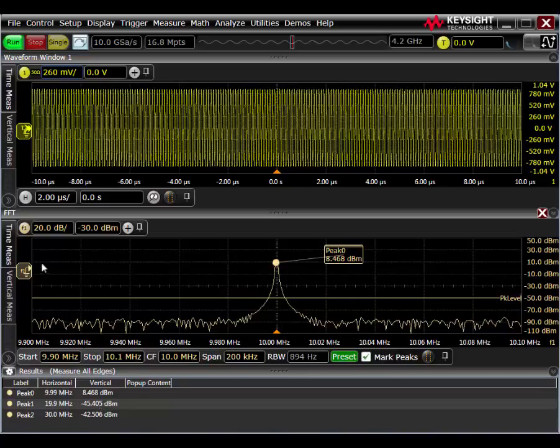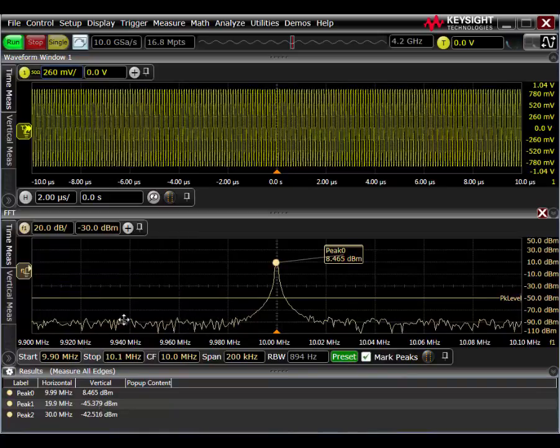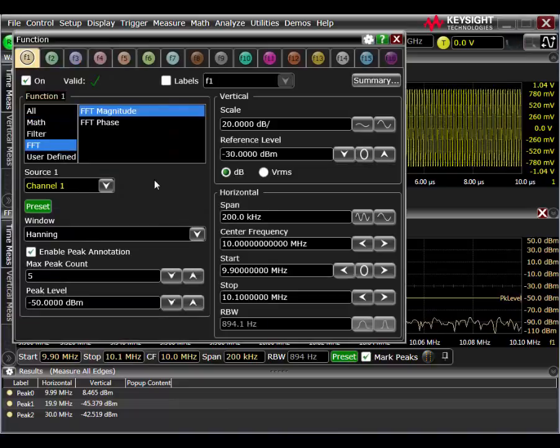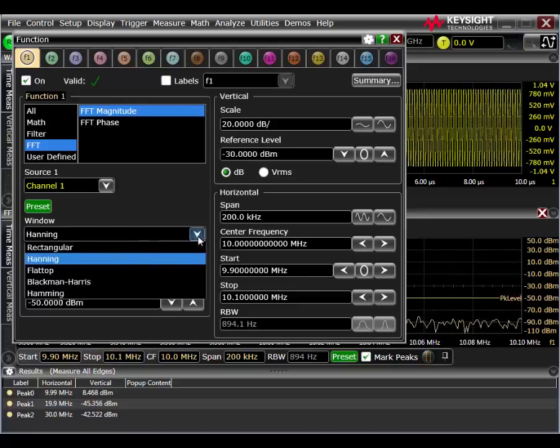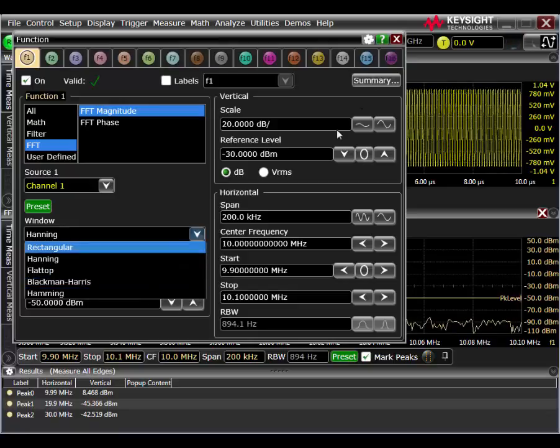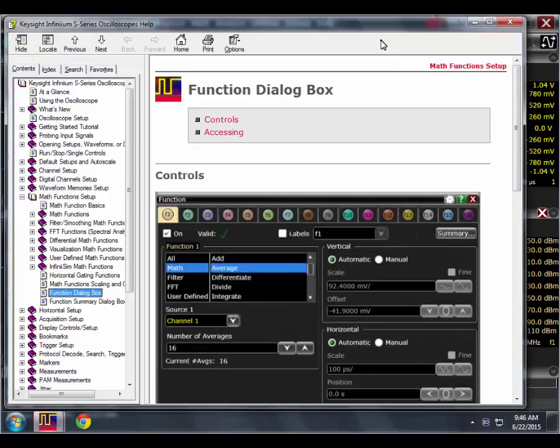At this point, I want to note that if we simply click on F1 or right-click on the waveform and go to function 1, either way, we'll bring up the FFT menu. So here I again have some other good things, such as the window type: rectangular, Hanning, flat top, Blackman-Harris, Hamming, and so forth. If I want to know more details about this, I can simply click on the help icon, and it'll bring up the relevant